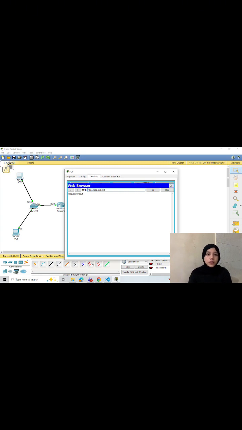Next, web browser testing. In the final step, testing was performed using a web browser by accessing the server address. This testing was made to determine whether the HTTP service on the server could still be accessed after ACL rule were applied on the router. The result displayed the message request timeout, which meant the connection to the server failed.